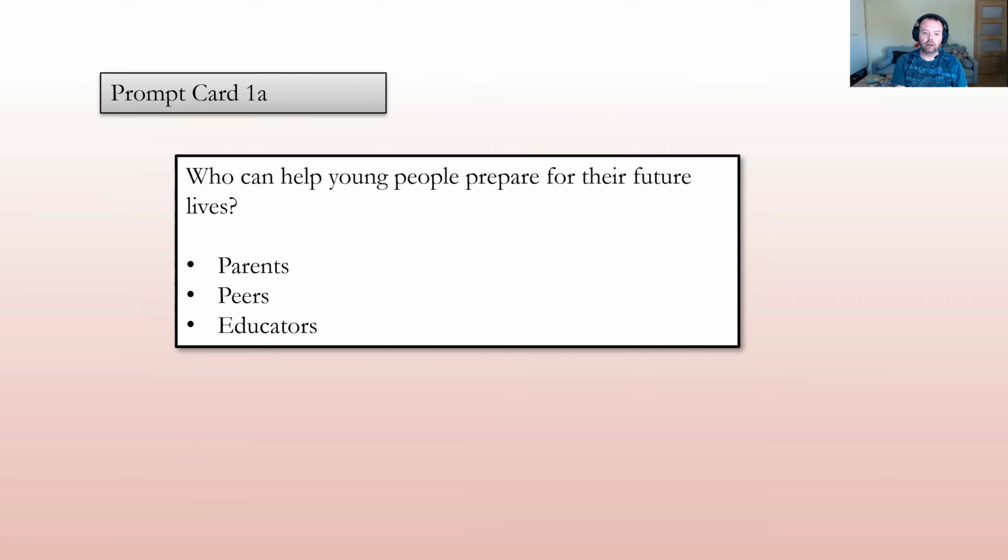Then you go in. Parents can be a source of help for young people because, and then you can explain why, but you could also say why they're not. You could say, parents come to the situation with too many preconceived notions, something like that. So do a for and against for each point. That could be useful. It could guide you through the process of talking. Then you can talk about the peers, the educators. You can do it in whichever order you like, but it's useful to use the bullet points as the framework